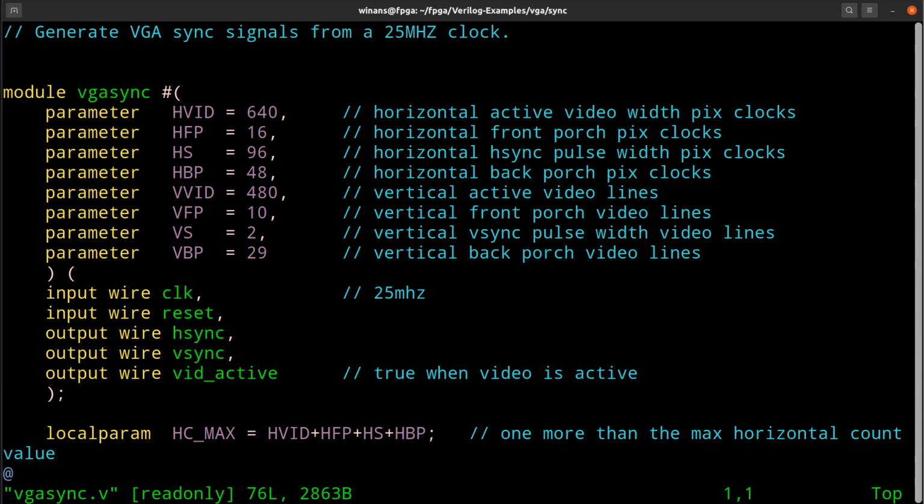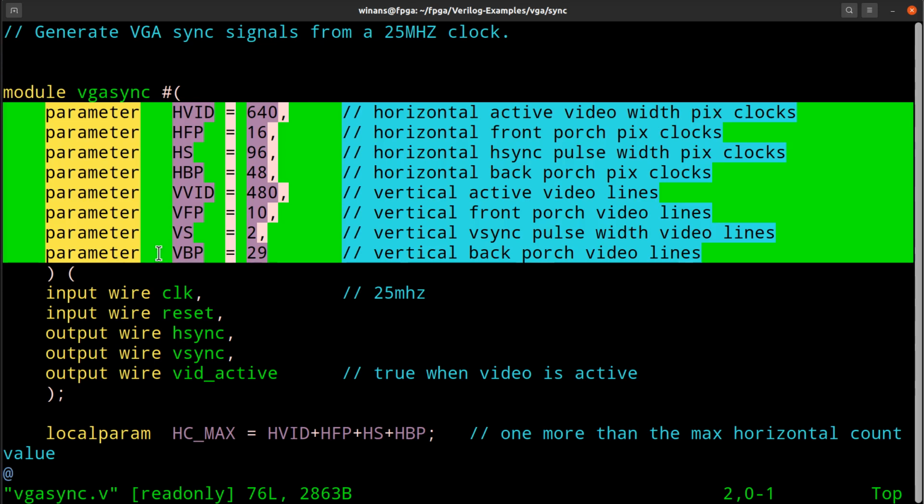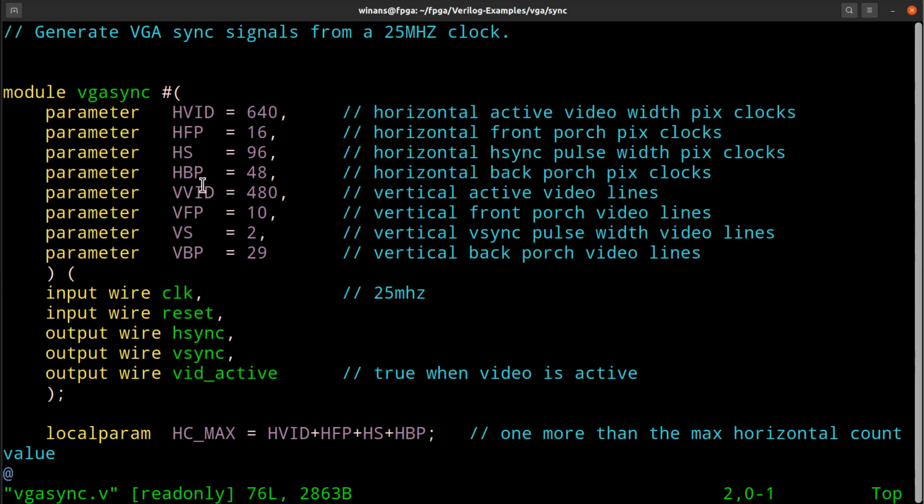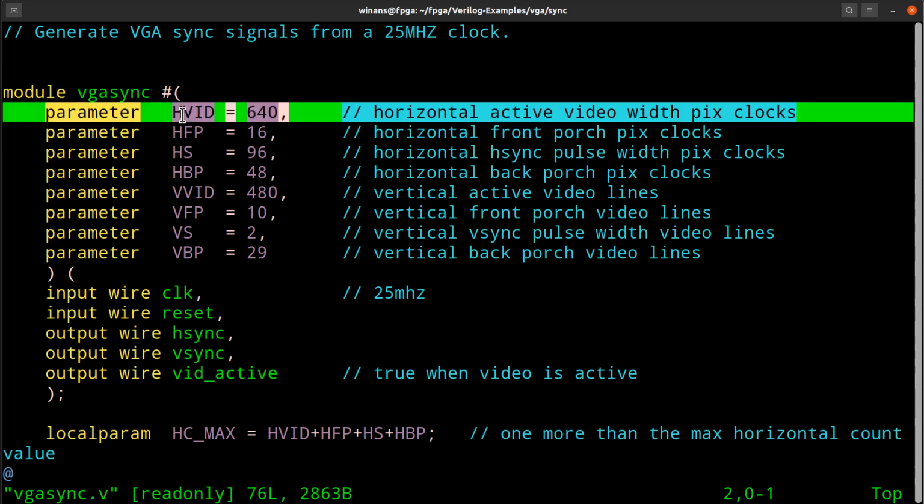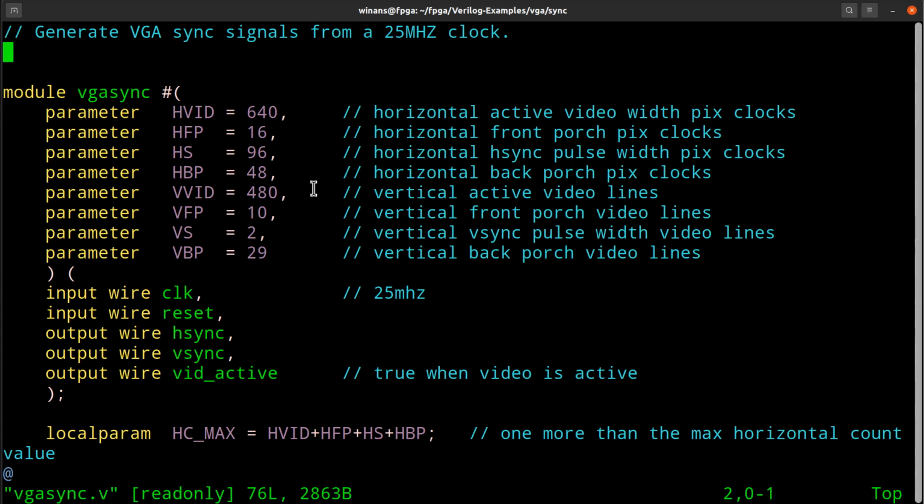So I'm bringing in a 25 megahertz clock. We talked about that last time as well. Now, I have a bunch of parameters in here so that in a test bench, I can reach in here and change the dimension of the screen. This is a technique we saw in the previous video as well when we talked about some university notes where somebody set the total number of horizontal pixels to like 5 and so on to make a very tiny synthetic screen so that you could take a step back when you're doing a test bench and see the entire picture without having